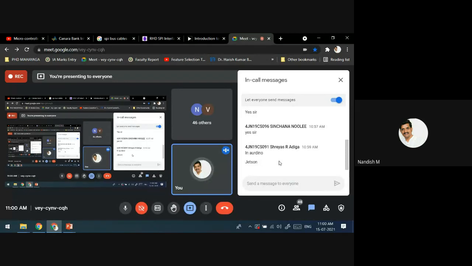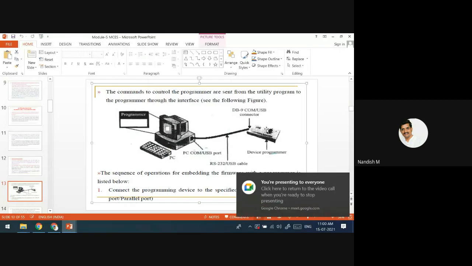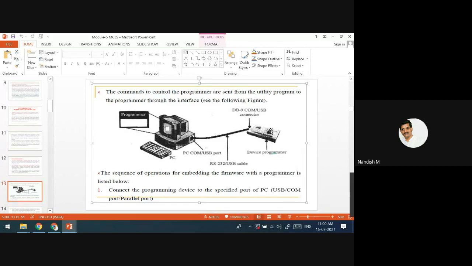See, in the previous semester lab, they used to place the ICs on the trainer kit, right? It is the same way. The trainer kit has some slots to place the ICs, right? In that same way, this device programmer has a slot to place the chip. Okay. Now, what is the next step? Once you connect from this computer, the program gets loaded into the chip. Then you remove it and place it on the target port.